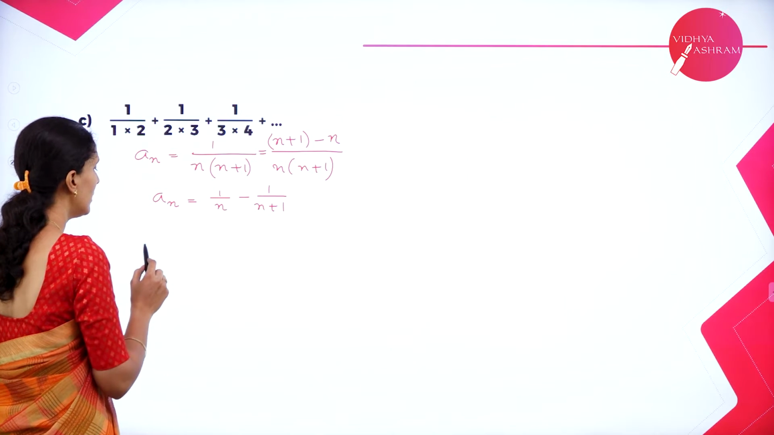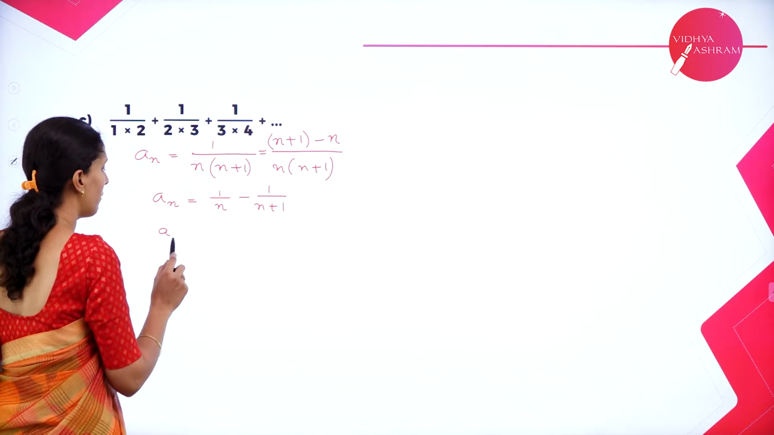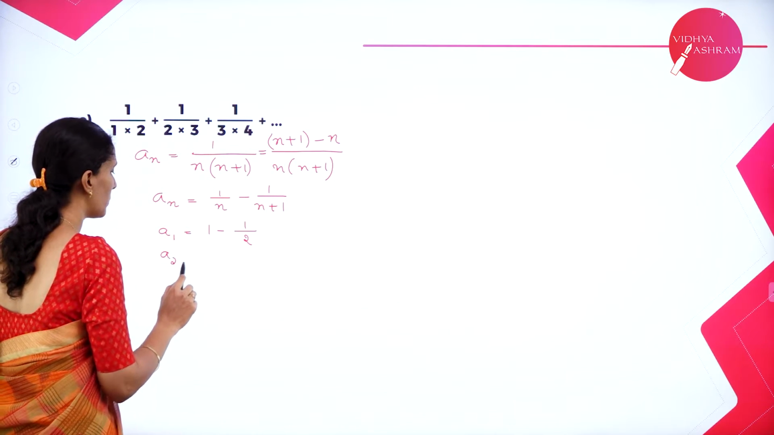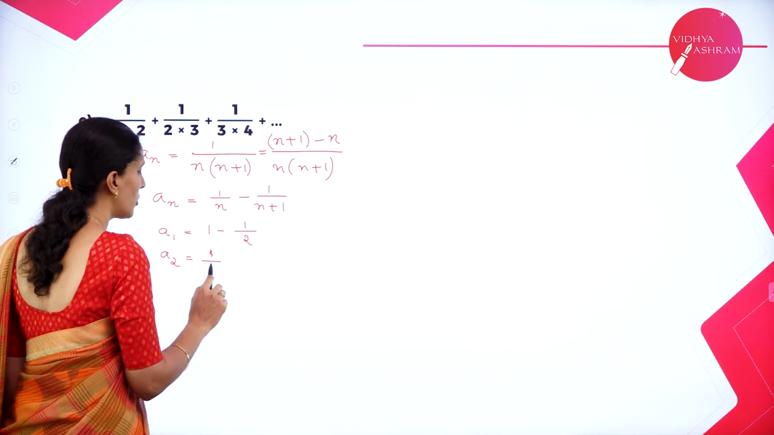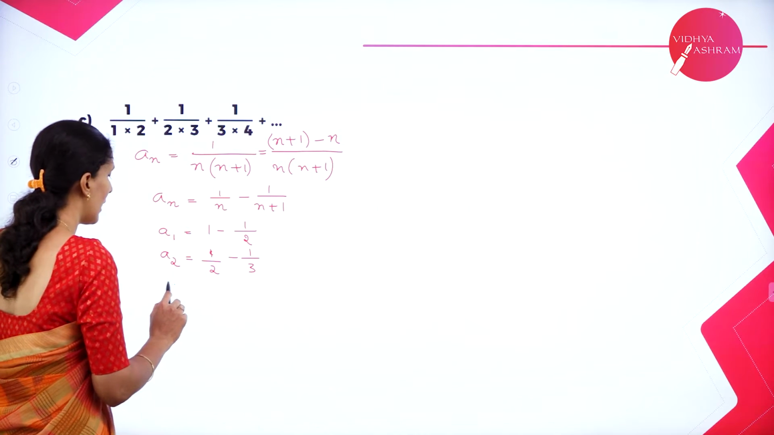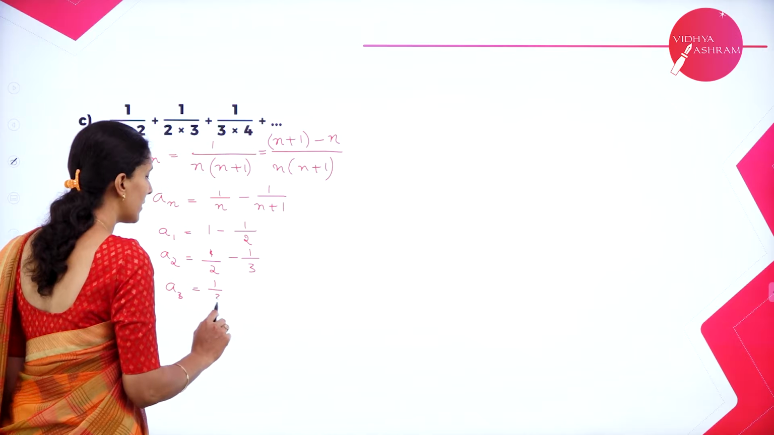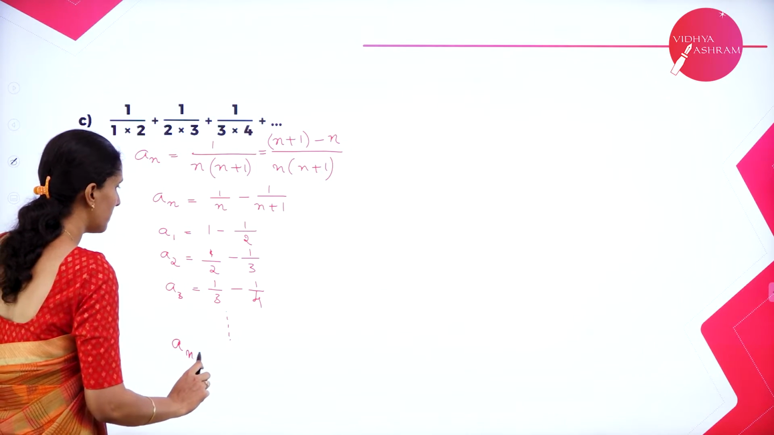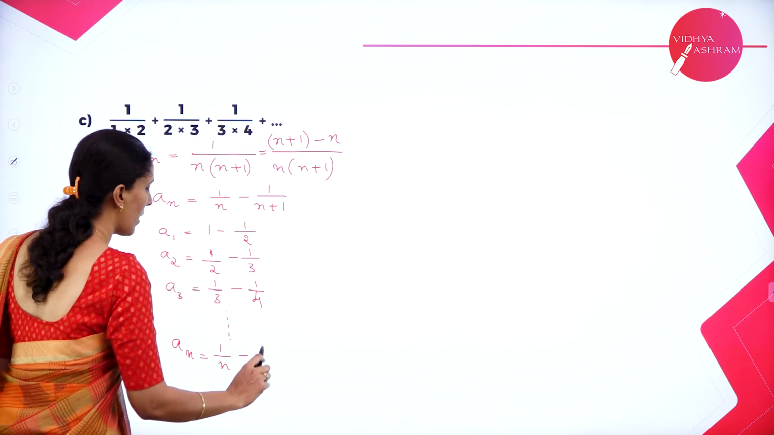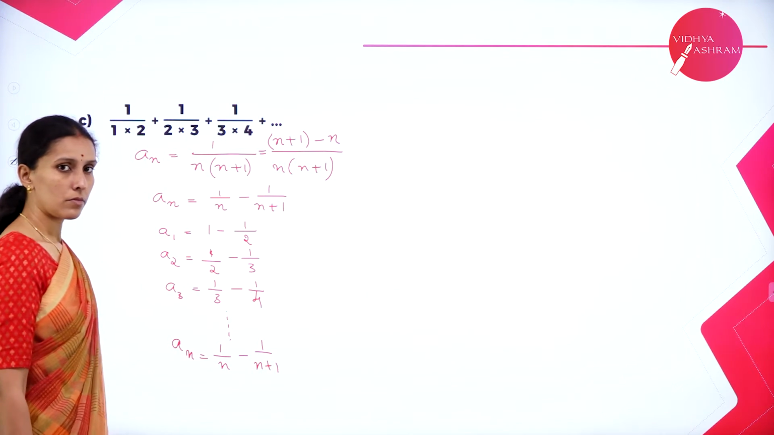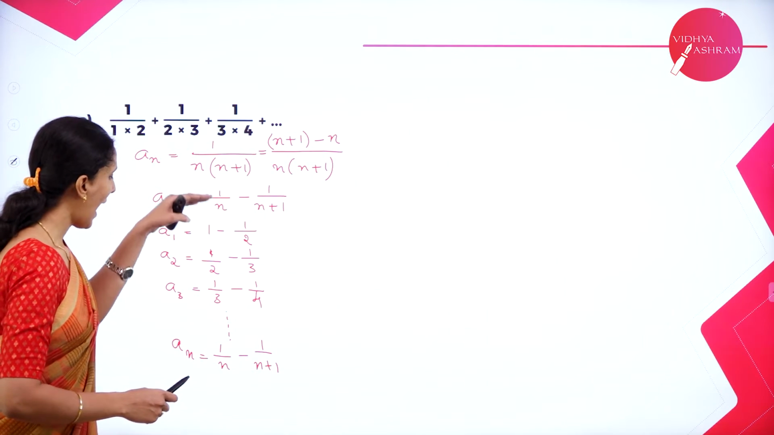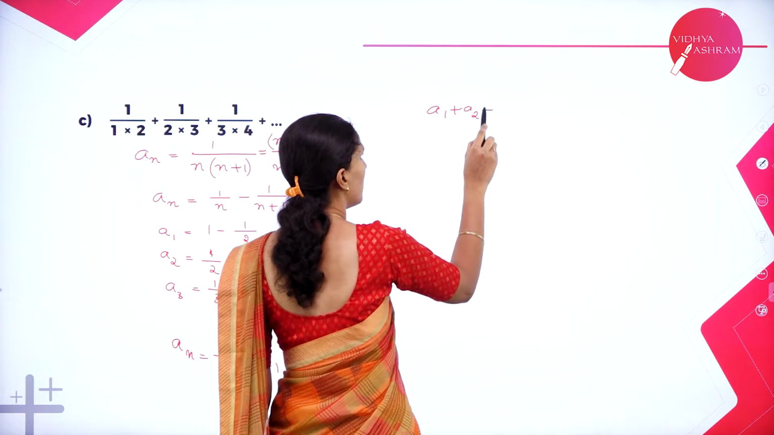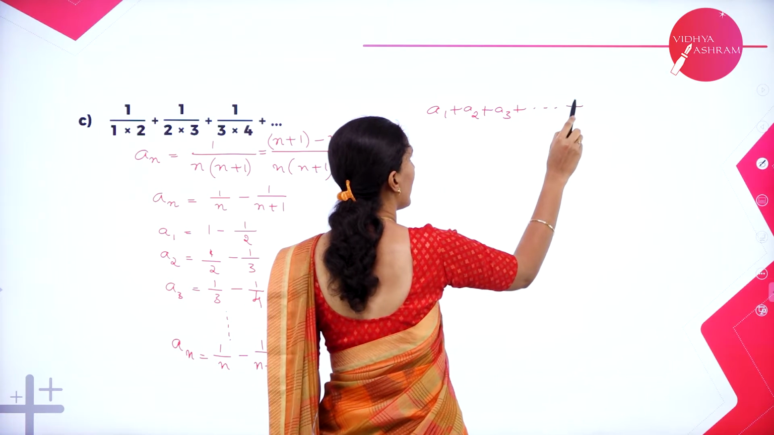Let's take the terms now. A1 is 1 minus 1 by 2. A2 is 1 by 2 minus 1 by 3. A3 is 1 by 3 minus 1 by 4. So, till the last term an, it is 1 by n minus 1 by n plus 1. Now, summation is nothing but adding all the terms. So, a1 plus a2 plus a3 plus etc. plus an